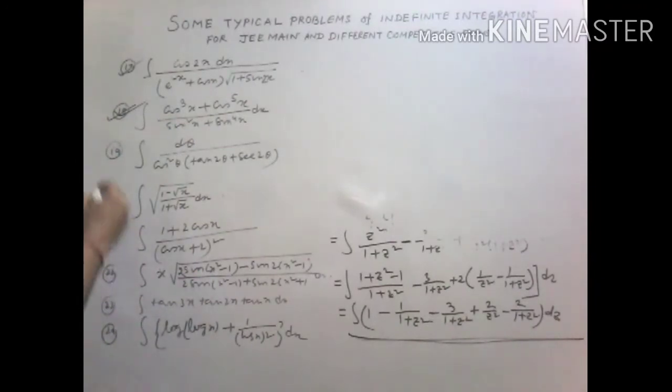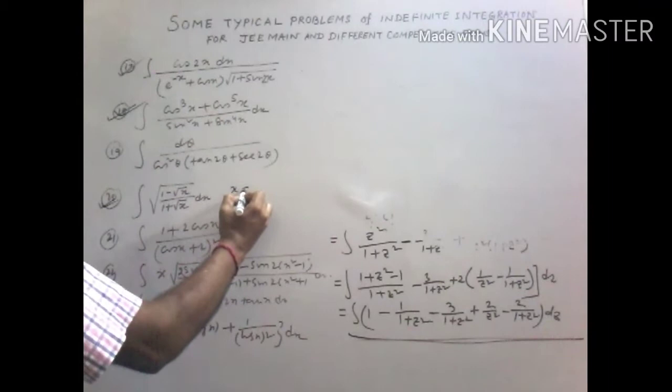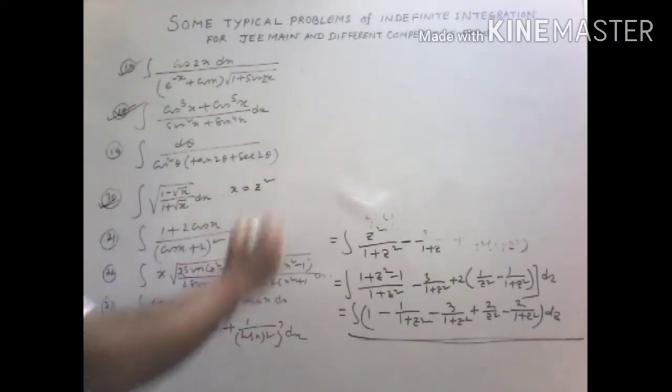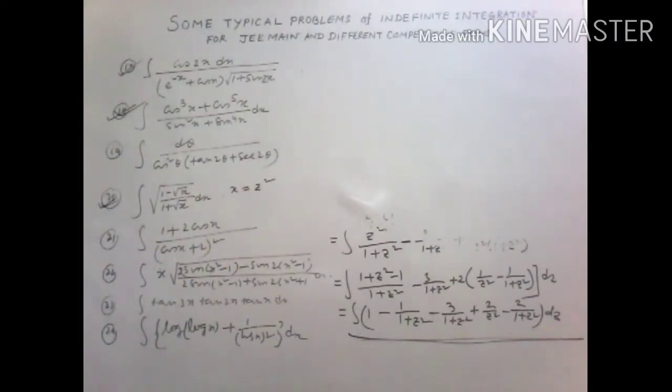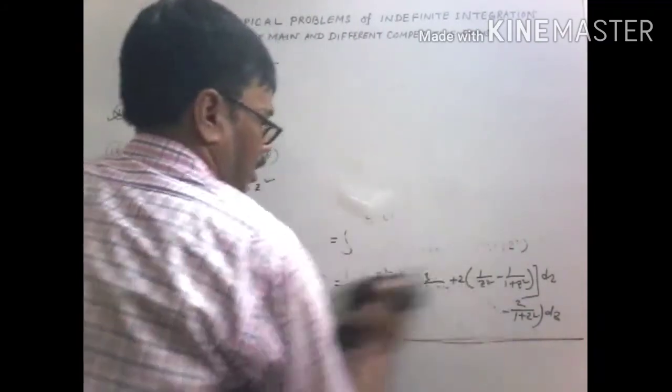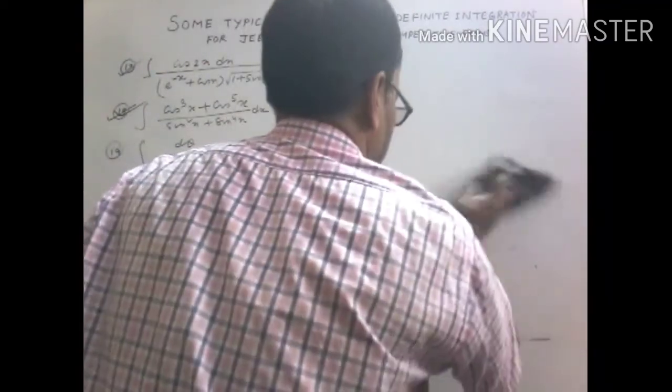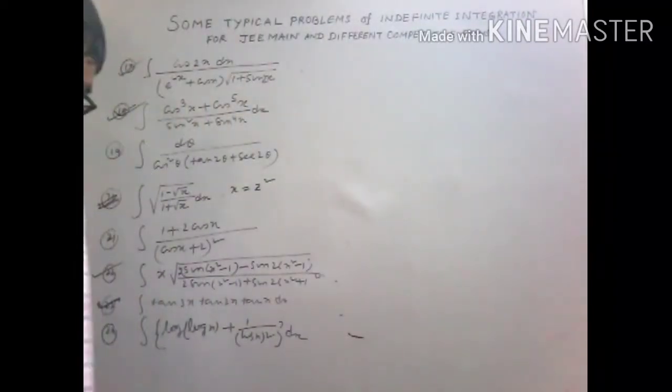Next. So this is simple. This one, problem 20, you know, x equals z square, then you have to put a trigonometric transformation. Now we consider problem number 22. 23 is very simple, so both are of this type. So we consider problem number 22. This is also very simple.